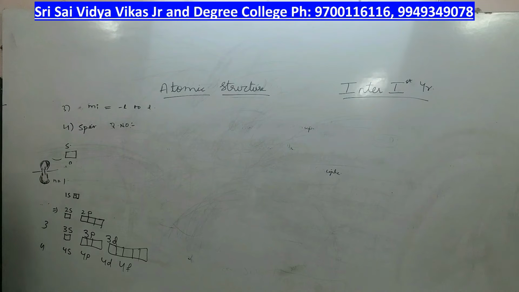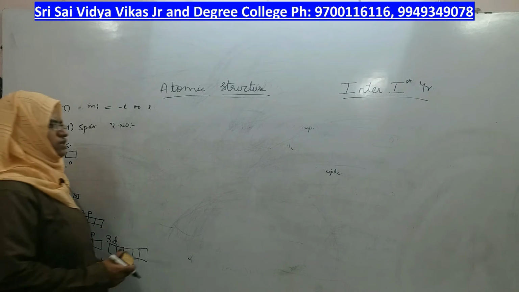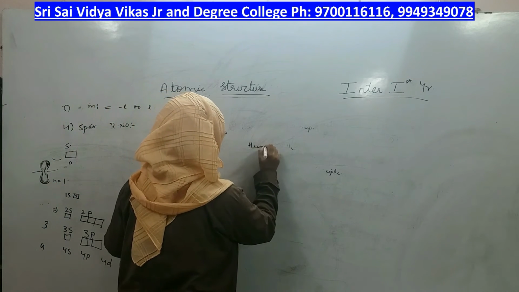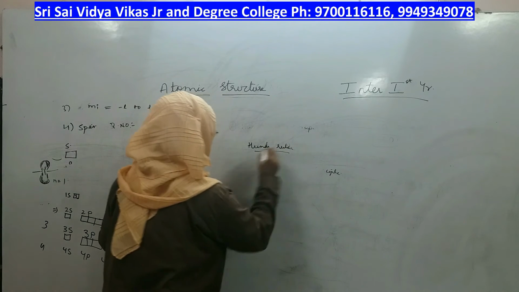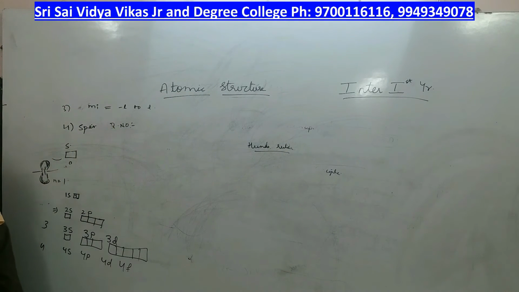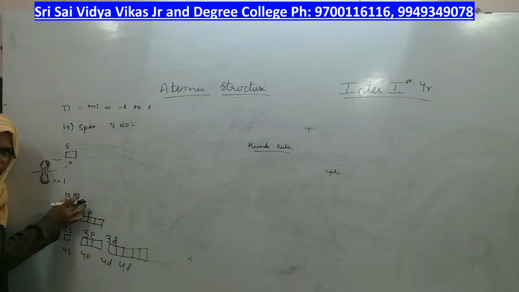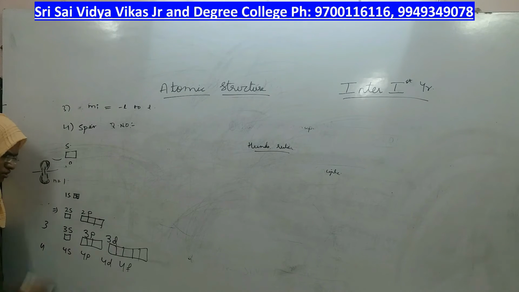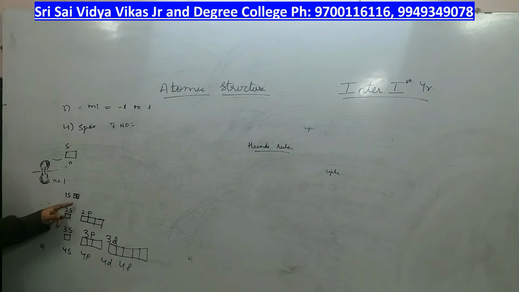Second electron, where should it go? Can I give the second electron here, here or anywhere? No. To know where the second electron goes, you have to know the second rule. What was that rule? Hund's rule, right? Pairing of electrons, right? The same first rule only we have to apply. Ground energy is to be filled first, right? So the second electron also goes to this orbital only, because this is less in energy and this is more in energy. Ground is filled first, following Aufbau principle, so 2 electrons should go to 1s only.